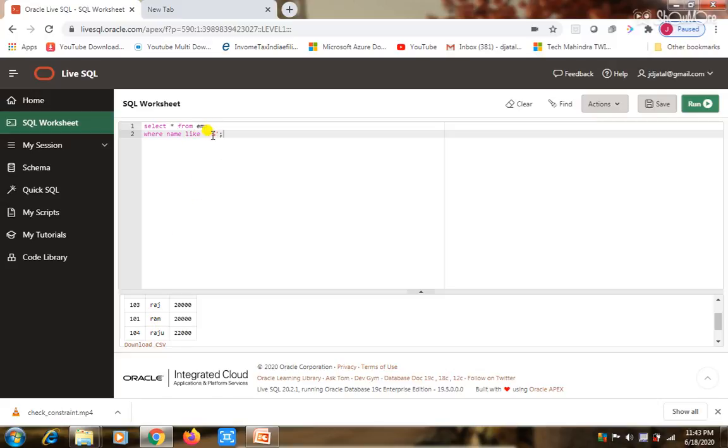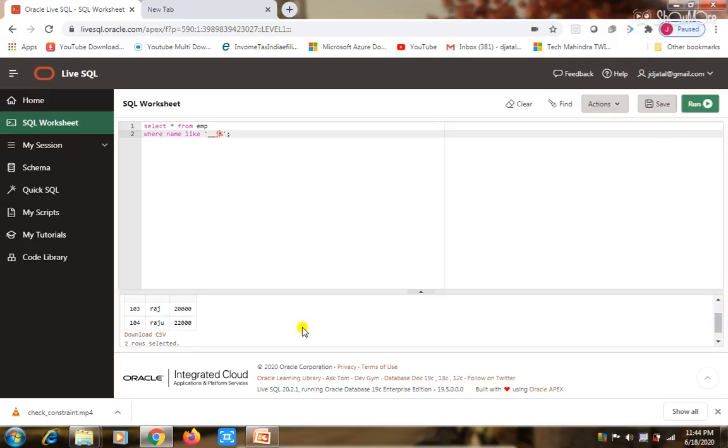Suppose I want to display the employees whose name contains J as the third character. So I am specifying the first two positions with two underscores, and at the third position the J character, and after that whatever characters there are.